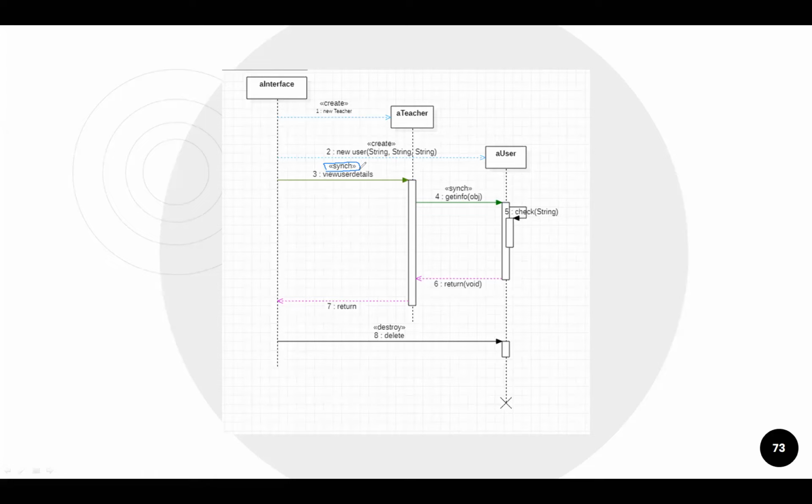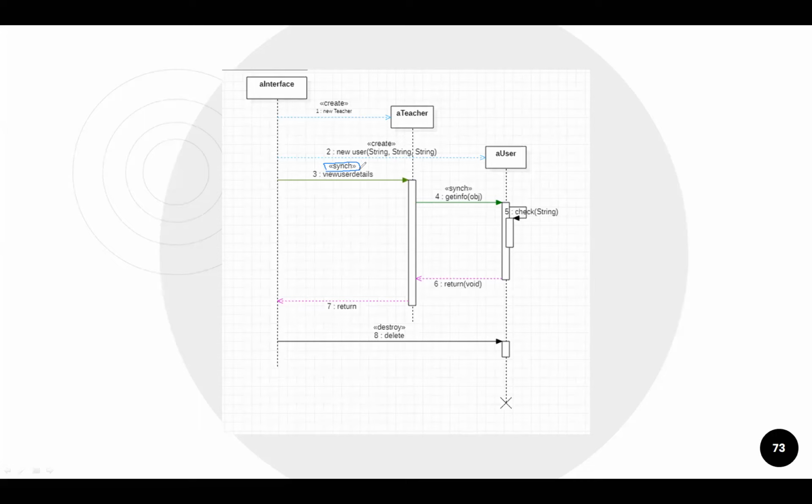Sir, the object we have created is returning something. Yes, so because after view user details, we have two other messages pending which need to be executed. Inside the interface class, we have two other methods that need to be executed. One is the delete, right?